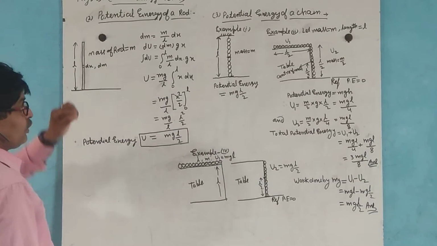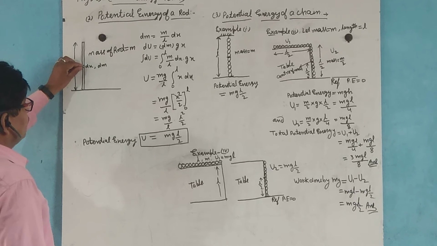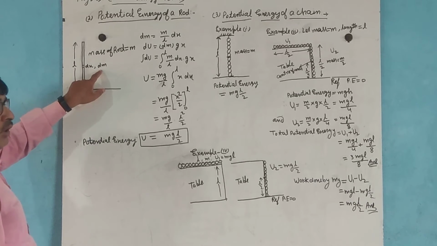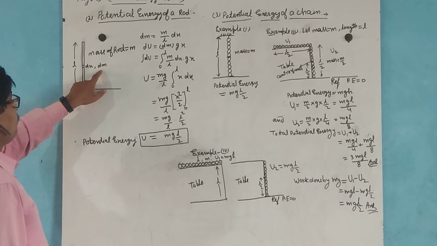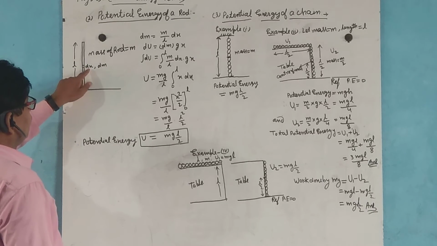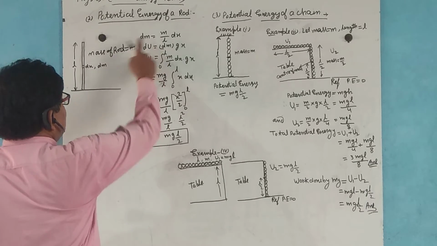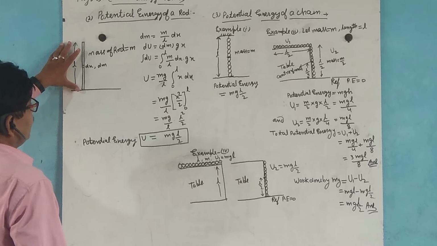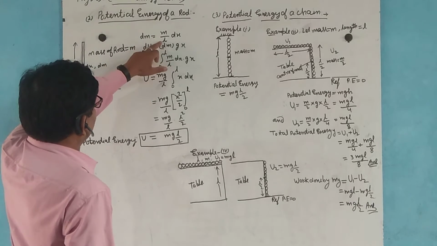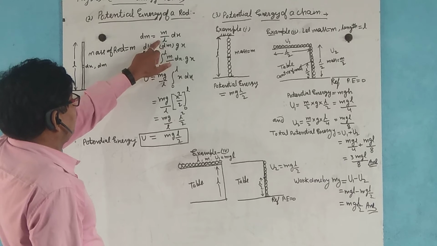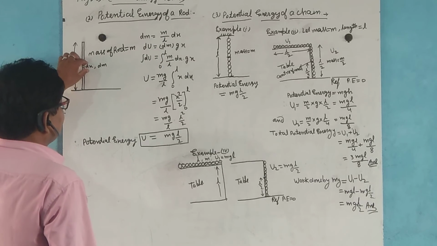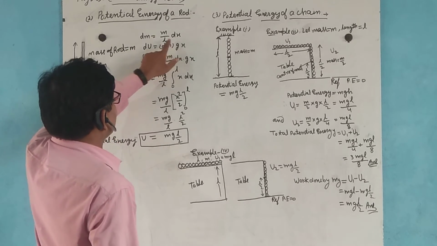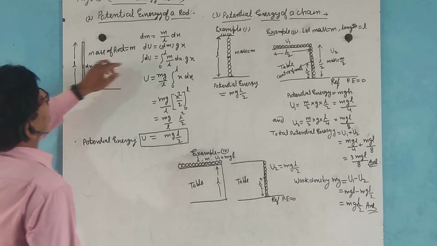Now we take a small strip of the rod dx, and its mass is dm. dx and dm are very small quantities. Now dm: mass of the rod is m and length is L, so mass per unit length is m by L, so the mass of this strip is mass per unit length m by L into length dx,